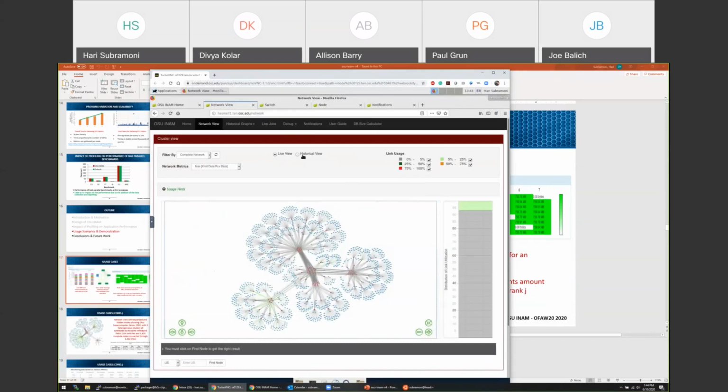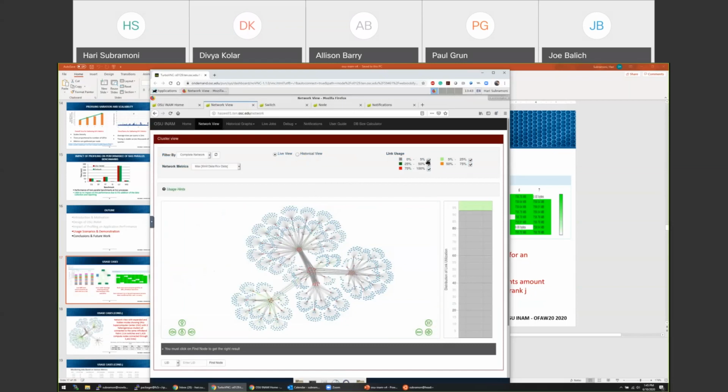Typically users have this question: I was running this application yesterday night from 10 p.m. to midnight, but suddenly my application performance really tanked. Can you tell me what happened during this time interval? For users like this, we have a historical view, where you can actually go back in time and see what exactly happened during that period.